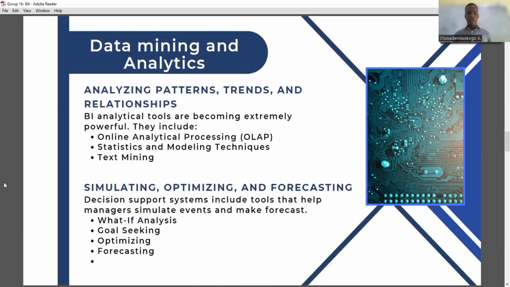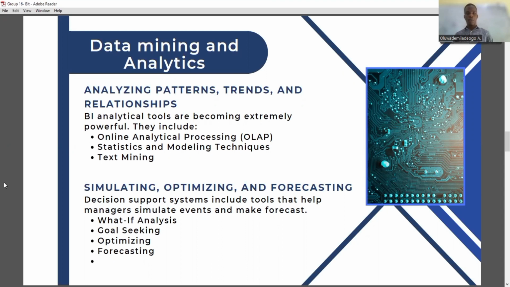So basically, once a firm has identified the sources of business intelligence, the next line of action is mining them in order to spot patterns, trends, and relationships for better business decisions. Now, data mining is the process of finding patterns, correlations, and anomalies within large sets of data. One major technique applied by firms in this regard is predictive analysis. Predictive analysis simply is a technique that is used to predict future behavior, especially to unlock the value of